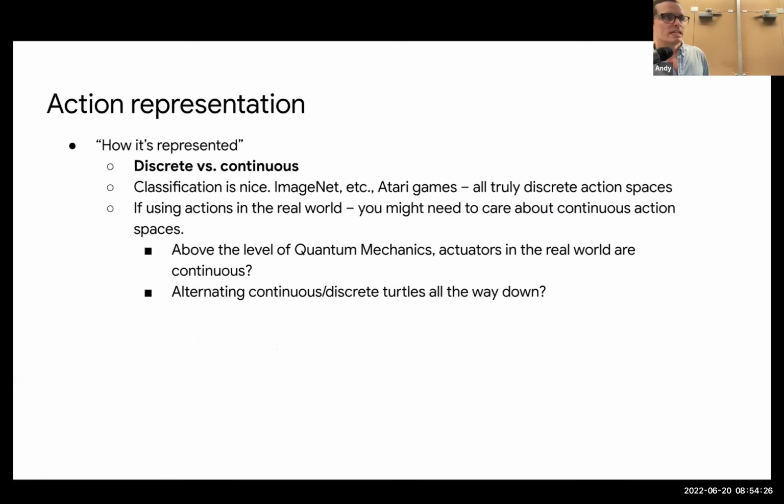In addition to what you are doing, those 2 different versions I talked about, there are other ones, but those are the 2 main ones. Is how is it represented? The key thing here is discrete versus continuous. So let me just quickly say that